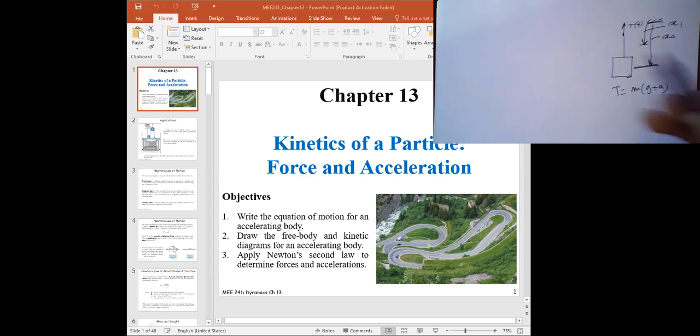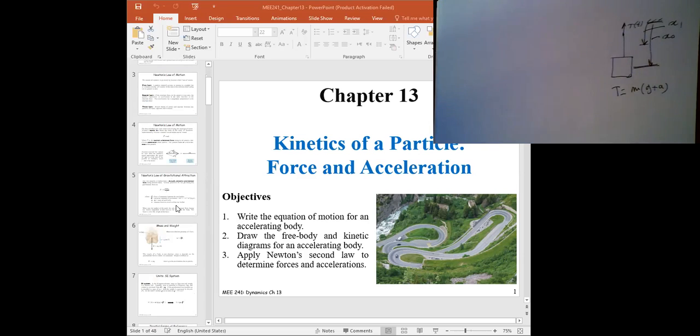So later on, you're going to take control systems, I think it was Dr. Ahle, and you're going to learn how to actually apply voltage to be able to move that elevator, maybe as quickly as possible, or slowly, etc. So dynamics is basically the bedrock for controls and dynamic system analysis, vibration analysis.